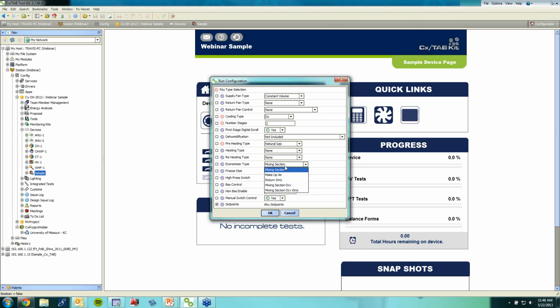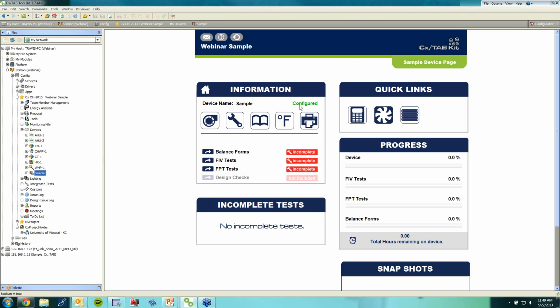You'll see there's several different options for that. No freeze stat. We'll say no high pressure switch, but it is BAS controlled in this example, and there's no manual switch for control. That would be like an HOA or something on the wall to turn it on and off. So we'll hit OK, and now once we've configured it, it'll let us know that we've configured,